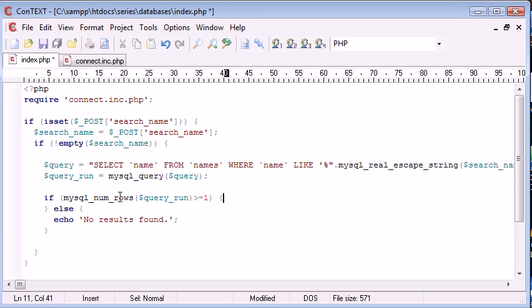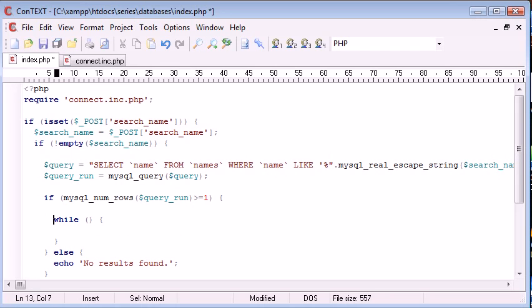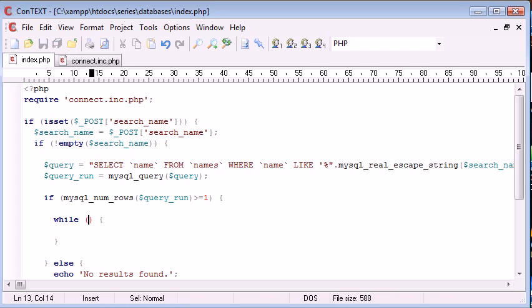Now what we can do is work to show this data. So we're going to use a while loop. This is going to loop through all the records that have been found and put them into an associative array. And by an associative array, I mean an array with a field name as the key. So we're referencing each returned row by the key itself, so the data we want to receive from this. So I'm going to say query_row equals mysql_fetch_assoc. This stands for associative anyway, and we're putting the query that we've already